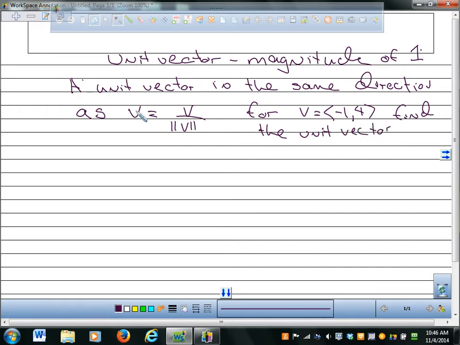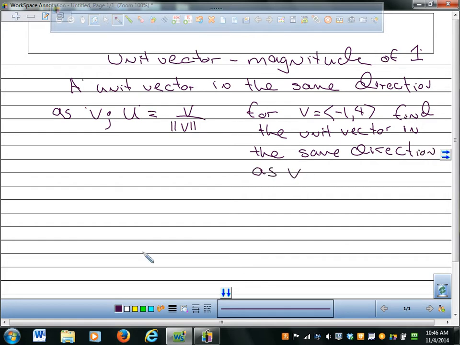Oh, you know what? This shouldn't say v. This should say u. In the same direction as v is given by u. U a lot of times will stand for a unit vector, not always, but u is equal to the vector v divided by its magnitude. So for v equals negative 1, 4, find the unit vector in the same direction